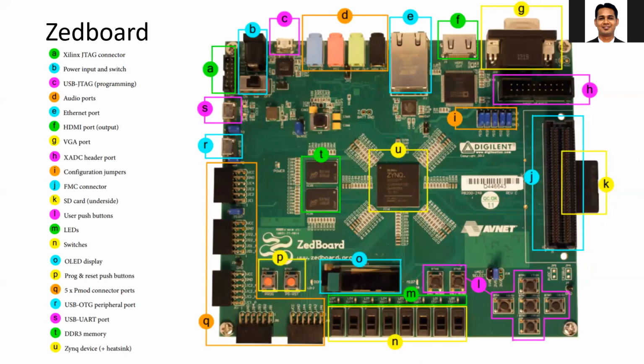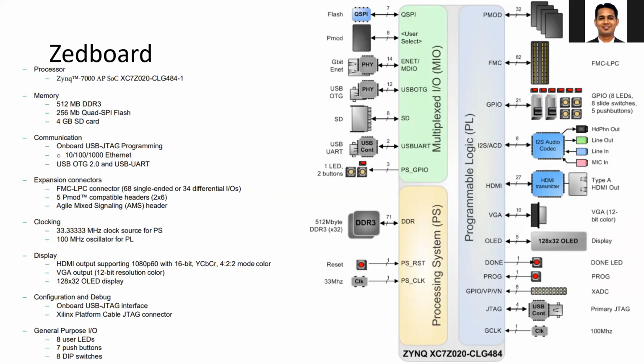In our lab, we are going to use the Z-board, and as we have discussed previously, we are going to access the Z-board remotely if you are interested to test your algorithm on the hardware. Otherwise, you can also test your hardware via QEMU simulator. Okay, so this is the Z-board which is available in the lab, and this slide will be useful later when you want to access the board physically or when you want to use the peripherals, for example, audio interface, HDMI interface, LEDs, switches, or the push button interface.